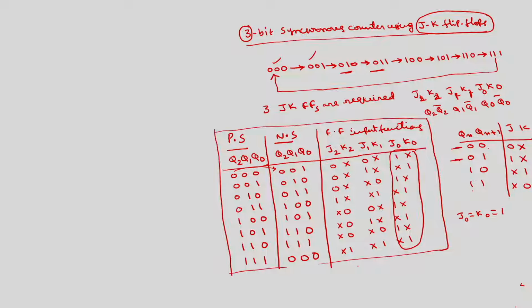And if you solve for this J1 using a K-map, J1 is equal to sigma m. What are the min terms? This is one min term, the corresponding min term is 1, this is another min term, this is 5. Sigma d, what are the do not cares? This is 2, 3, then 6, 7.